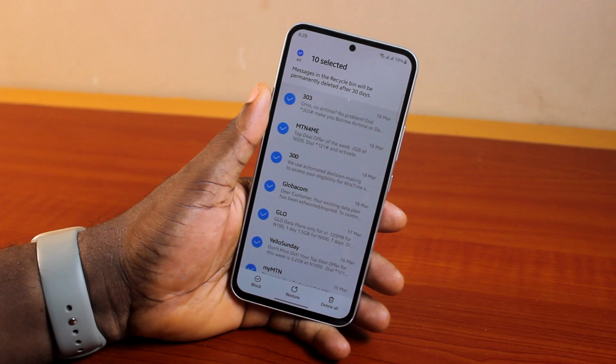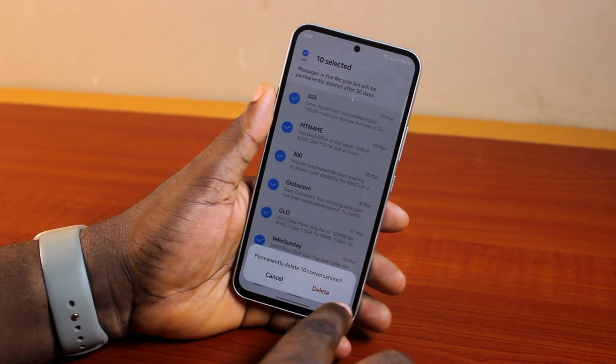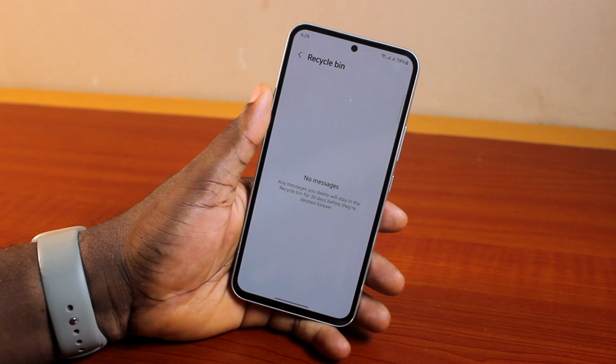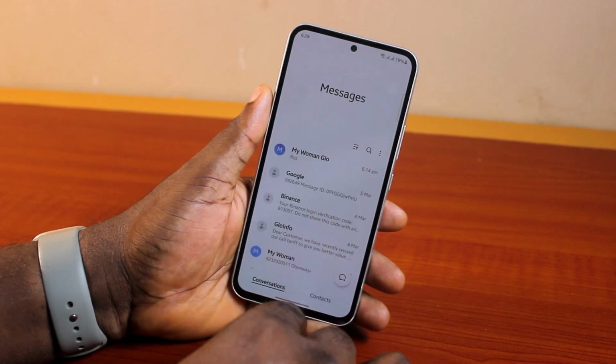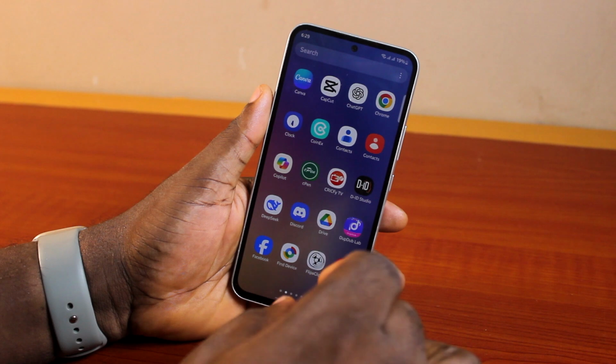However, if you want to only delete or empty your recycle bin, just go ahead and click on delete all. And then click on delete from the pop-up, and then you're good. Then it should say the recycle bin is empty. So that's exactly how to empty or delete recycle bin